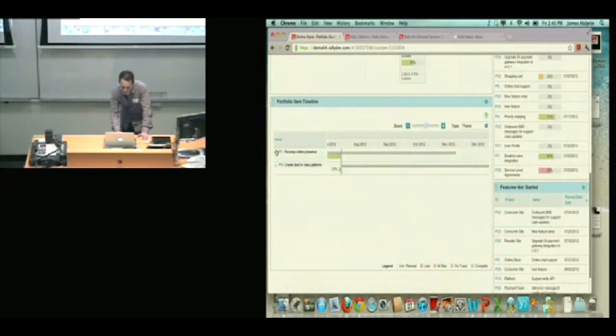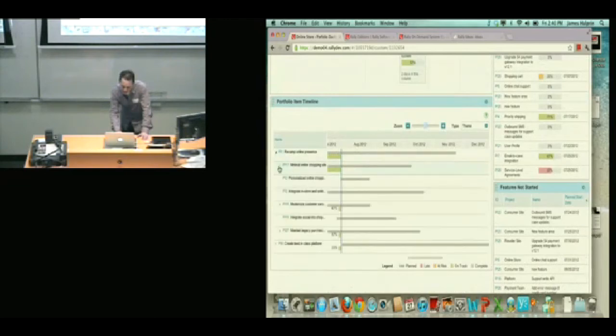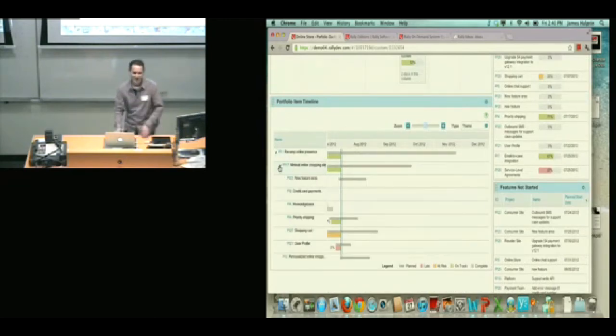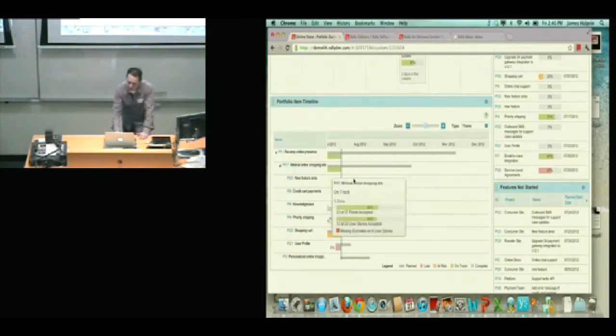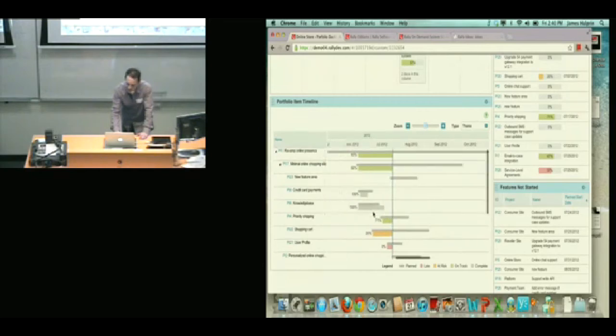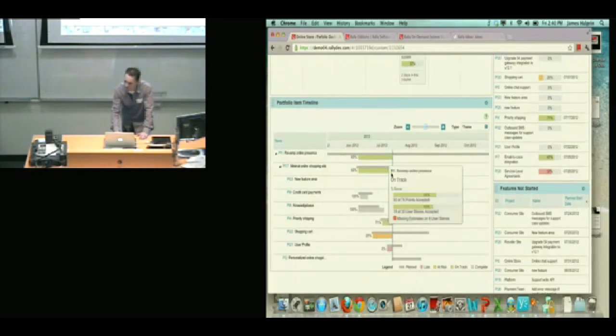The other view of the information: a lot of people say, well, I work in an organisation and the PMO is still a bit traditional, and they don't think in terms of agile teams. Can you export this to a Gantt chart, or is there any sort of more traditional view of that information? And we've got the timeline. So this isn't a Gantt chart, but this is showing you a more traditional kind of view, if you like, of how things look.